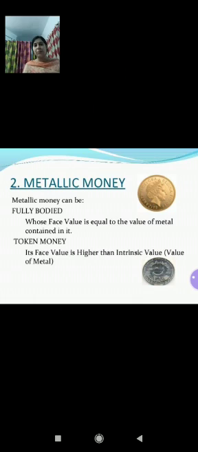So children, when we talk about metallic money, basically metallic money is also divided into two categories, that is fully bodied and token money. Fully bodied, as I mentioned in the slide, is one whose face value is equal to the value of metal contained. Like what is written, the same quantity